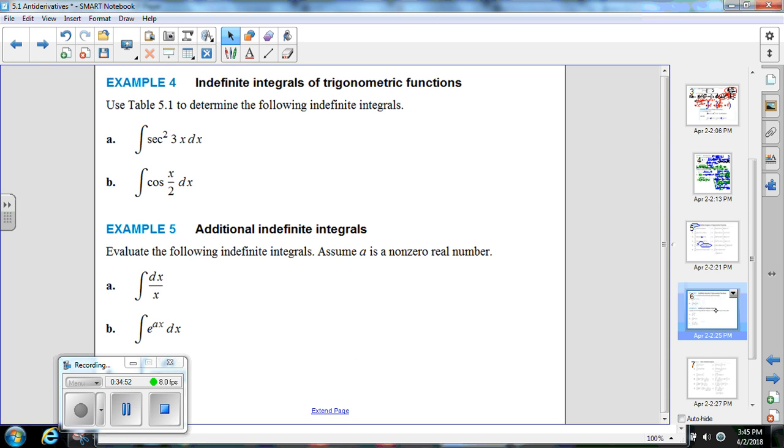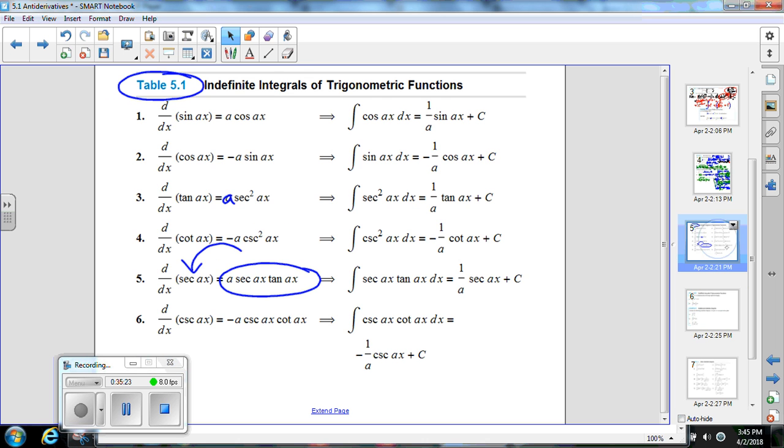All right, so you guys are going to use that table, 5.1, to tell me the answers for this one. I want you to look at that table. So it's tangents. Plus C. Okay, 1/3. So look at number 3 of table 5.1. Number 3. And so what it's telling us is,